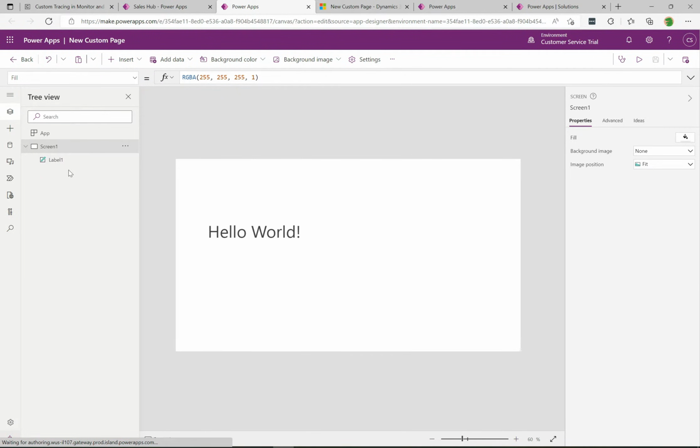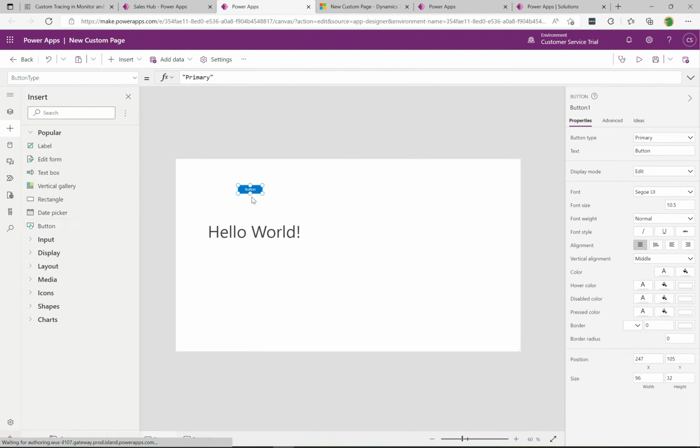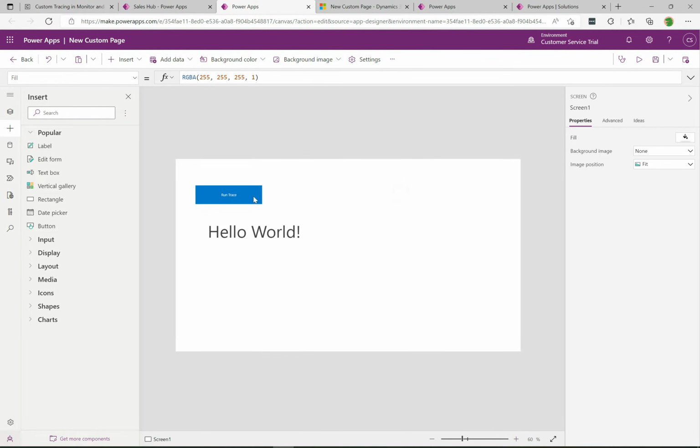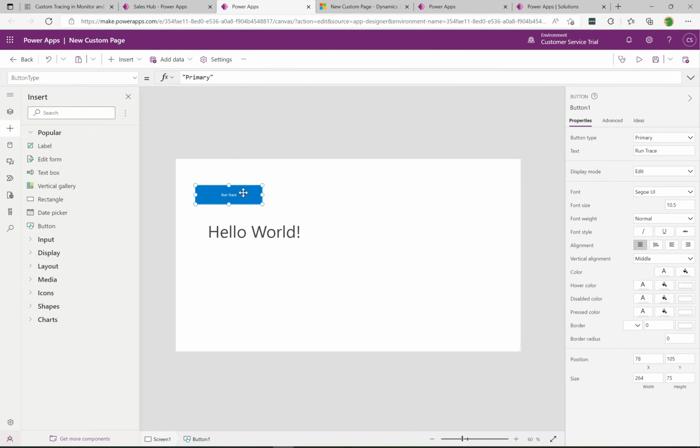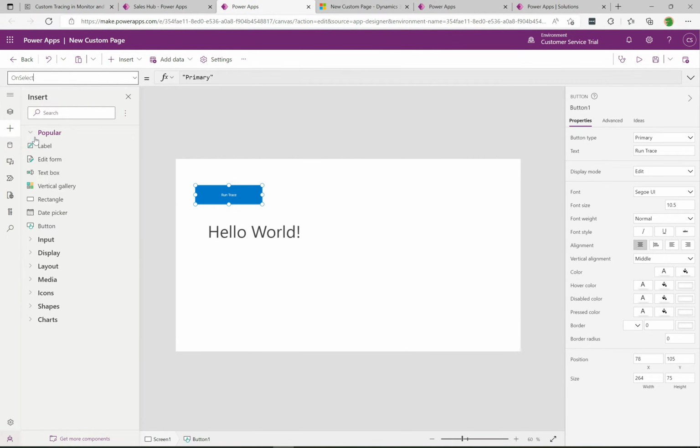So we're in the session, and what I will do is add a button. So we're going to add a button in here, and for the text we're just going to do run trace. So this is just going to write a record out to the trace in the monitor. Now I'm going to go ahead and select the event here. It's going to be on select. Okay, so when a user selects this button,